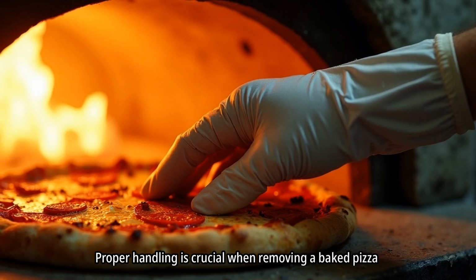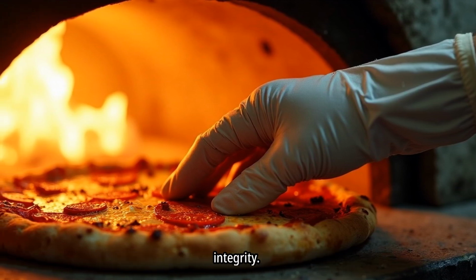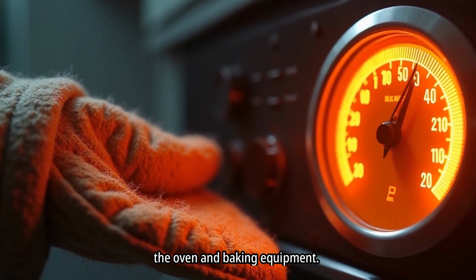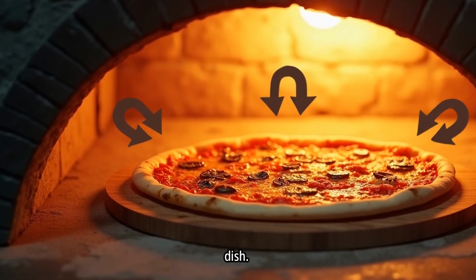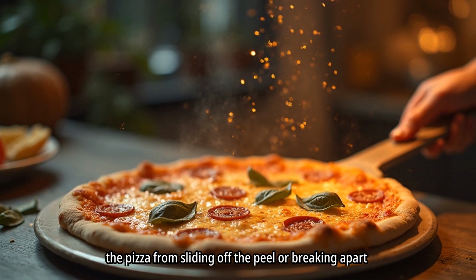Proper handling is crucial when removing a baked pizza from the oven to prevent burns and maintain the pizza's integrity. Using oven mitts or heat-resistant gloves provides a protective barrier against the high temperatures of the oven and baking equipment. A pizza peel or spatula facilitates the safe transfer of the pizza from the oven to a cutting board or serving dish. Careful and controlled movements are essential to prevent the pizza from sliding off the peel or breaking apart